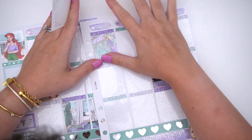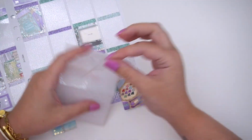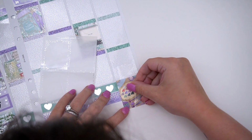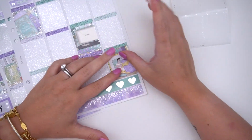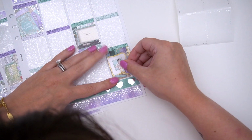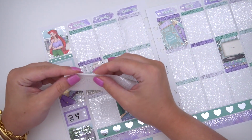So whenever I do my videos, I have the flip through in the beginning at normal speed. I have my base at 1000 speed, so 10 times. I have my planning at 2 times speed, and then the end is at normal speed. So in case you were wondering, I do feel like the base is a little fast, but also